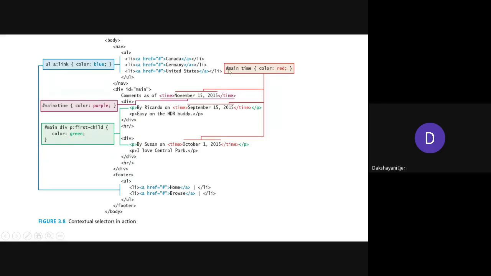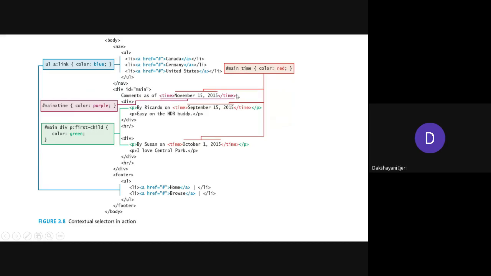One more thing here, you can see hashtag main element with the time, and also main with the time. Both have been applied here. So it is left to the browser which property it is going to set here, right? What is that hashtag main here? You can see the main ID, that means the ID selector has been used to define it, which has the value main, and under which you can see the time is a child element here.